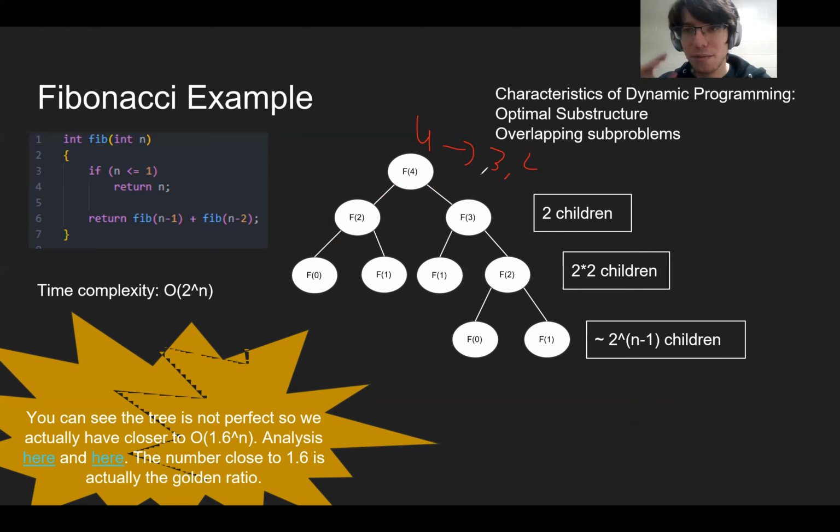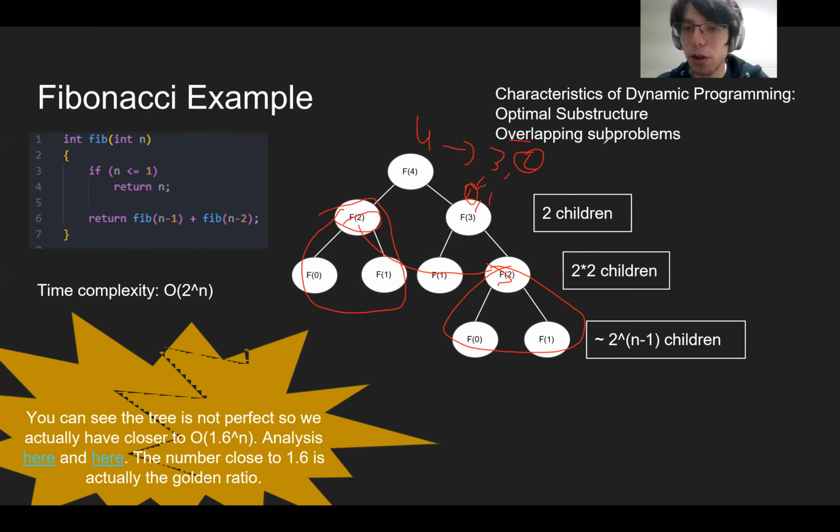And then the third and the second, that's the second and the first. But notice the second here, if we solve for it here, we can just say, okay, we've already solved for it. Why solve for it again? Because we'd have to make a subtree again. But if we've already solved for it once, why not just say, oh, I already know the value from here, just replace it. And that's the idea of dynamic programming, that there's some sort of